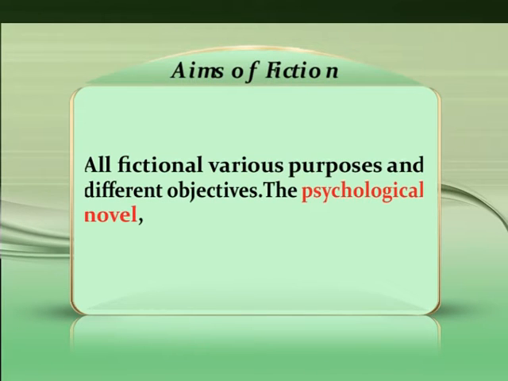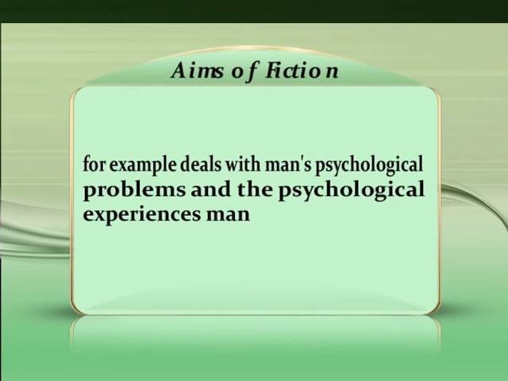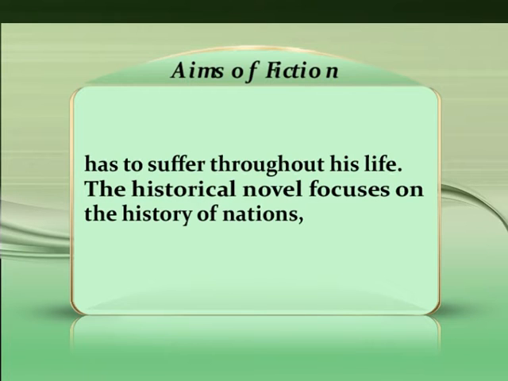Let us have a look, dear students, at the aims, the targets, the objectives of fiction. All fictional forms have various purposes and different objectives, such as the psychological novel. Let us have the psychological novel. For example, the psychological novel deals with man's psychological problems and the psychological experiences man has to suffer throughout his